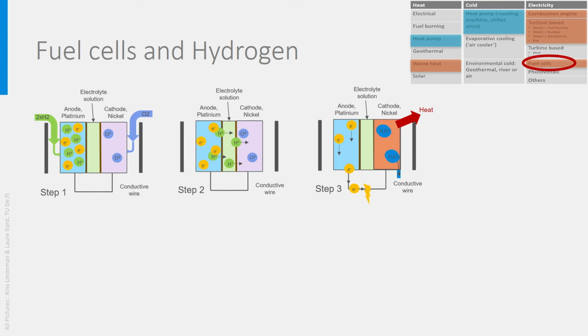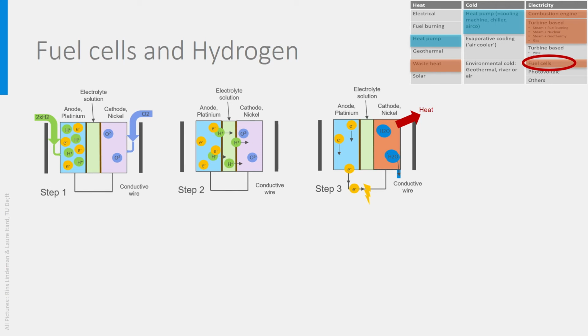And what happens with the electrons? They are all alone at the anode. There is therefore an excess of negative charges, so the electrons want to move to establish a balance. The electrolyte solution is not conductive, so they travel through the wire, creating electricity. And this time there is no rotation of anything, so the current is direct current, DC, instead of being alternating.